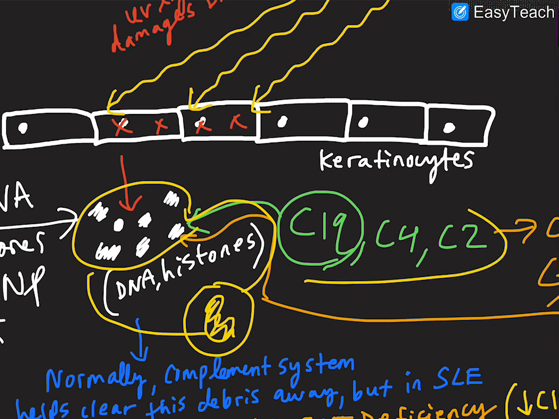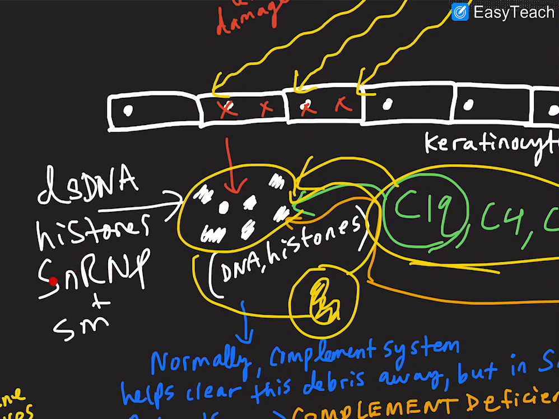And that's thanks to your complement proteins. Your complement proteins like C1q did what? It attached onto these nuclear fragments and helped attract macrophages so that the macrophages could clear it away. Why do you want the macrophages to clear away these nuclear fragments? Because these are self-antigens. This is present inside your cells. You don't want your own nuclear DNA, histones, and small nuclear ribonucleoproteins